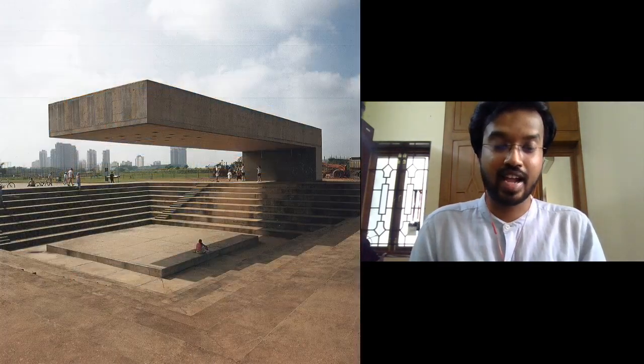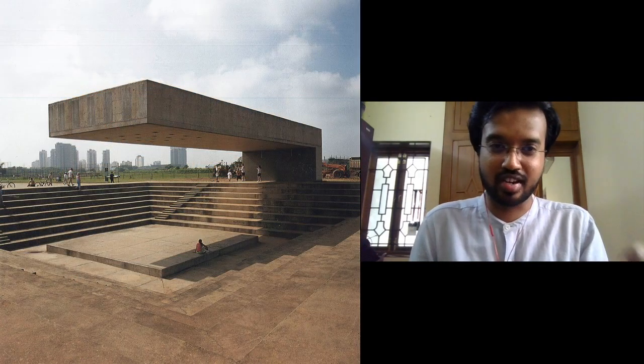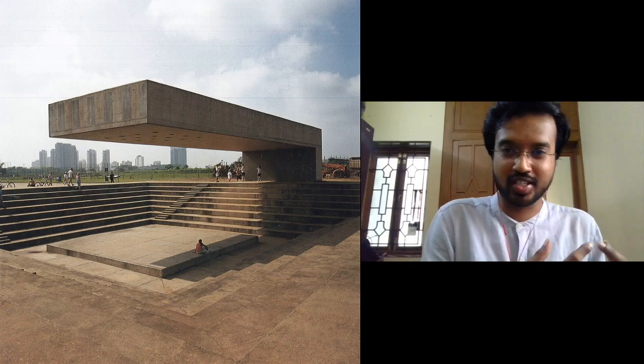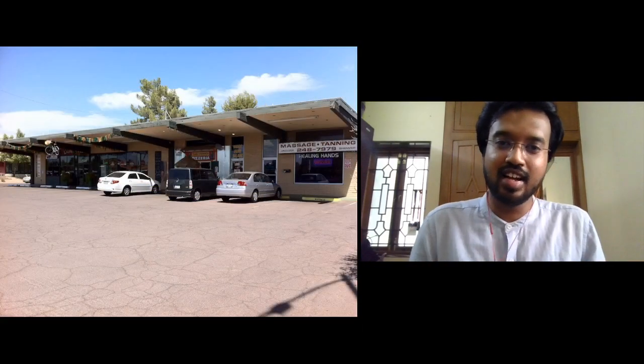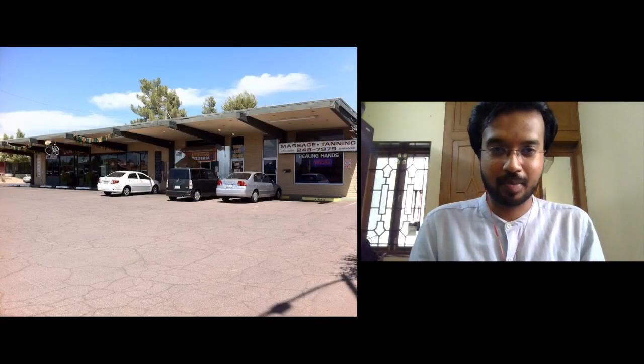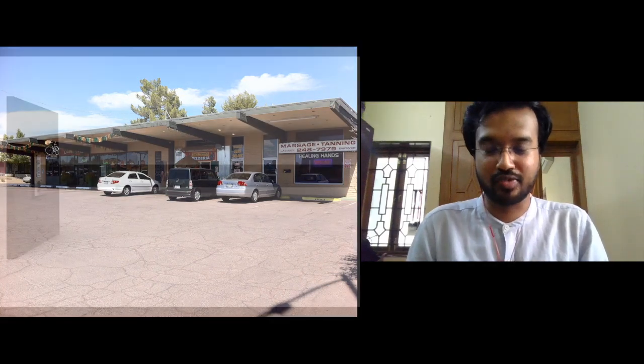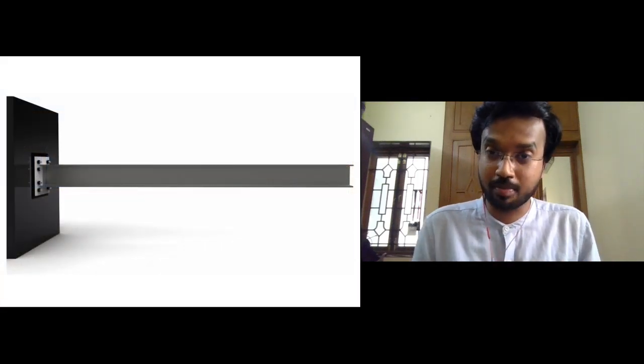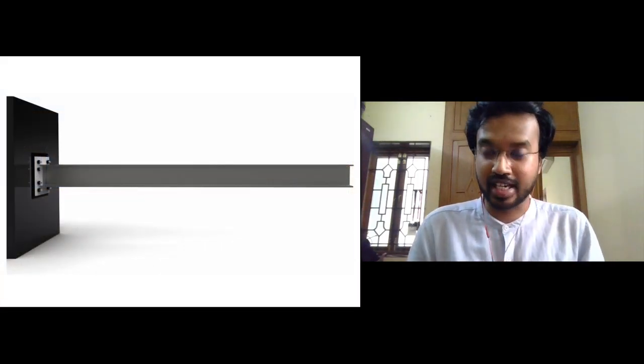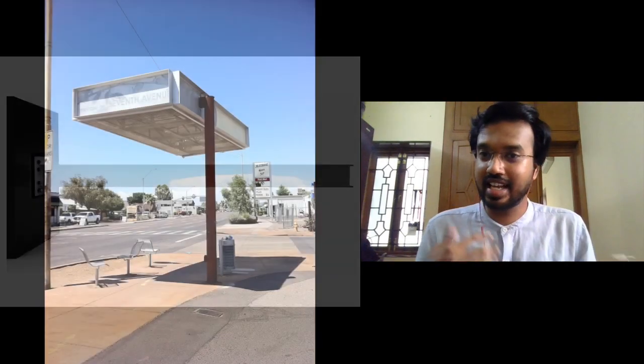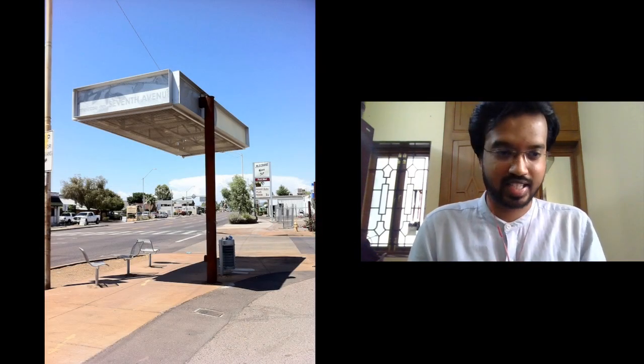Traffic light posts, importantly, use cantilever beams. I got this nice picture in a playground. You can see one end is free and the other end is fixed. A parking lot shade is again a wonderful example of cantilever beams. There are more examples of cantilever beams in your daily life, so you can also recollect some of them while you're building this challenge.